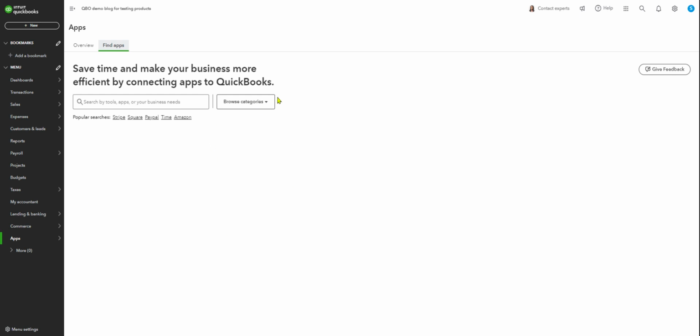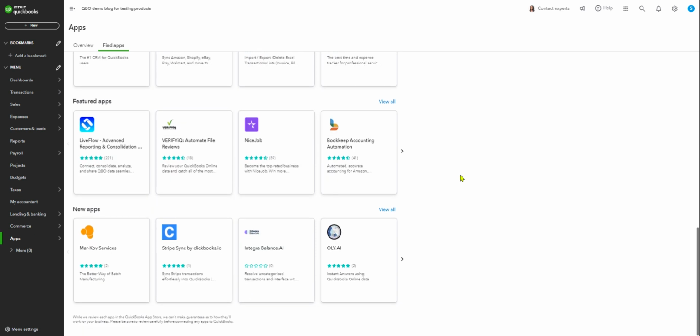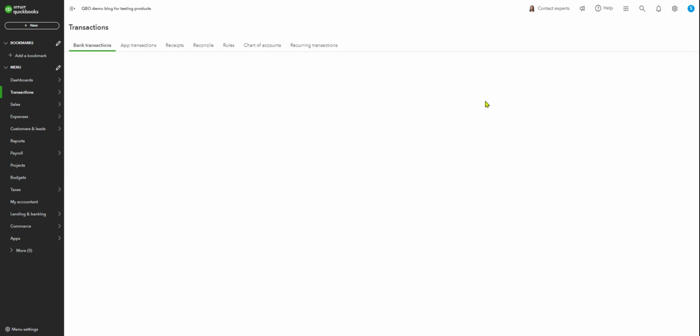You have all these apps in here. See all these. 10 years ago, it used to be very little, so now they have hundreds and hundreds of apps that will connect to your QuickBooks. And so now basically this is a big one, transactions, bank transactions in here, bank feed,